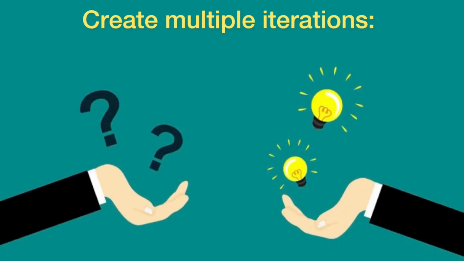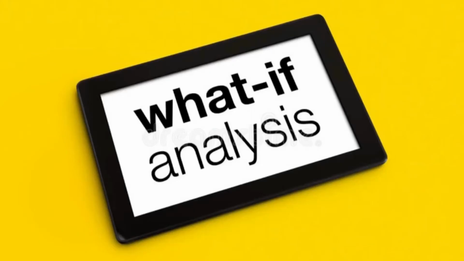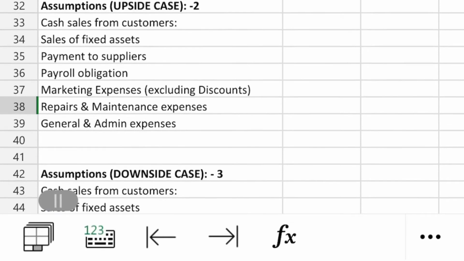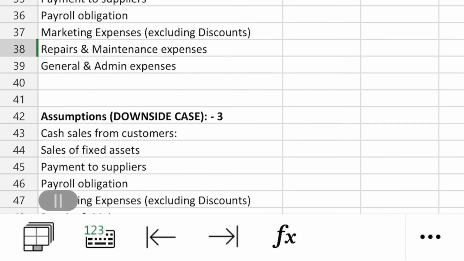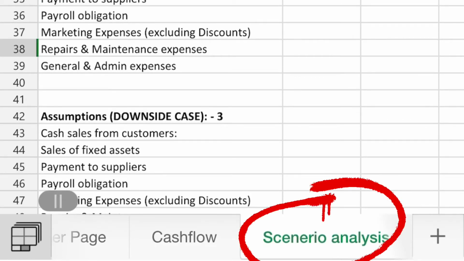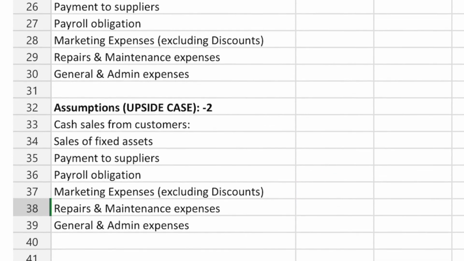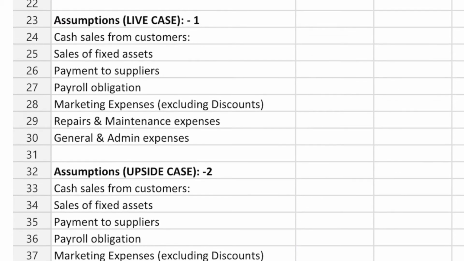Your cash flow forecasts must be modeled to accommodate what-if scenario analysis for planning. This will allow the business to see results of cash flow positions under a range of different future circumstances to enable timely decisions for contingencies. In my cash flow model, I have created an assumption sheet, like you can see here, a scenario analysis sheet. And in my assumption sheet, or scenario analysis sheet, I have three